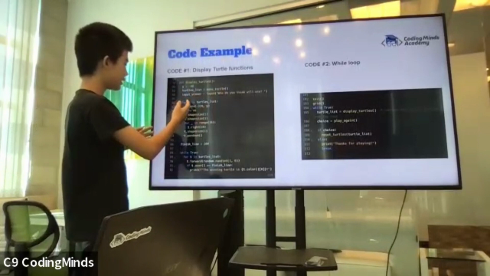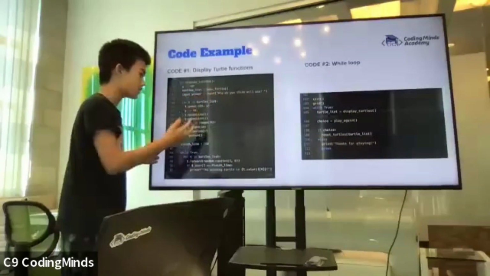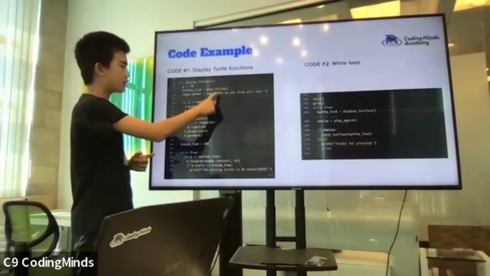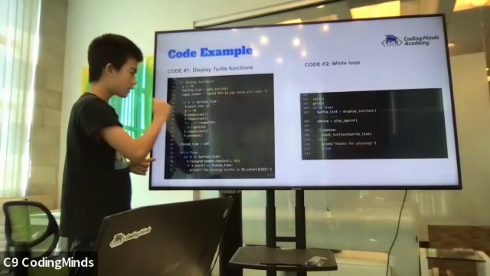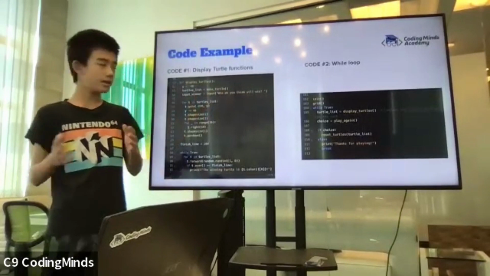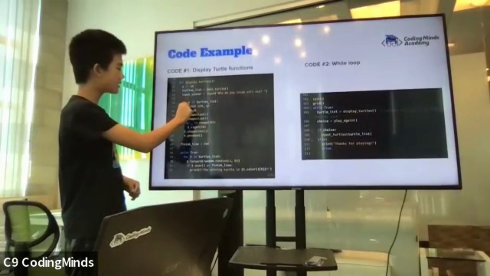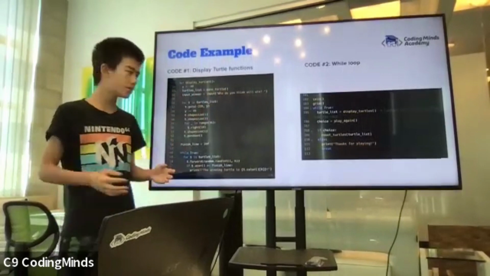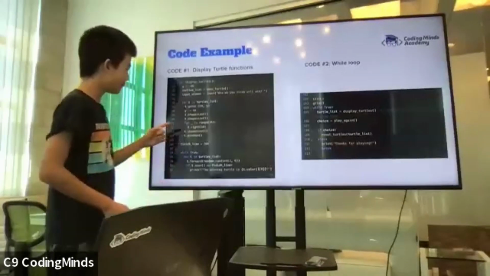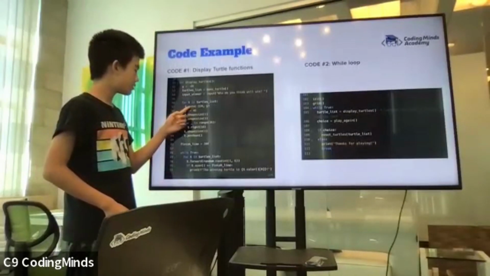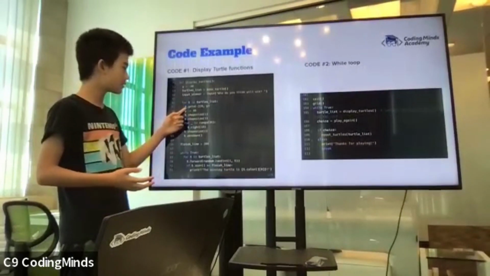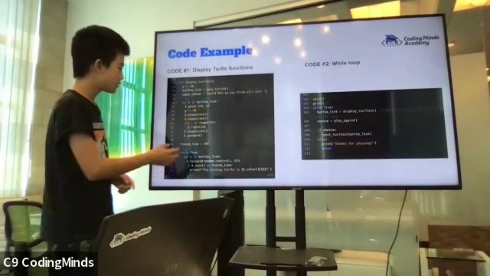And for the T in the for T in turtle list for loop: in the make turtles function, there's a variable called turtle list, and you can input how many turtles you want to put in the turtle list. So it takes the T in turtles, which is all of the turtles. If there are 4 T's, then it runs this for loop 4 times. This T also stands for turtle.turtle. And this basically means turtle.turtle.go to this. So T.go to